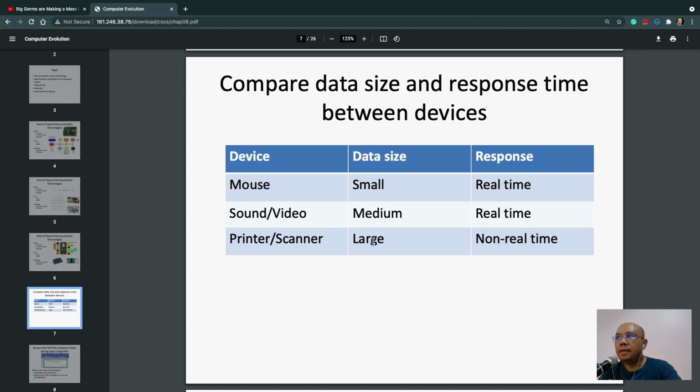If you print at over 600 DPI, dots per inch, you need to send very large data from the computer to the printer. But when we talk about response time for communication between the mouse and the computer, sound card and computer, and printer and computer,